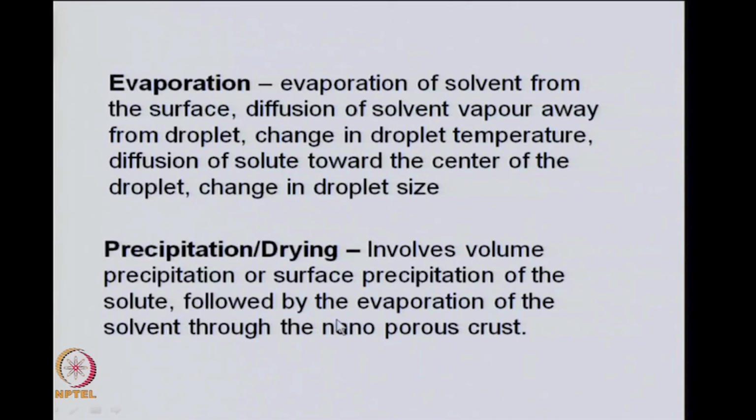Of course, it will be nanoporous in structure and then the solvent can go through this nanoporous crust. So, this mechanism of removal of solvent goes through these particular steps through evaporation or precipitation drying, ultimately leading to the submicron